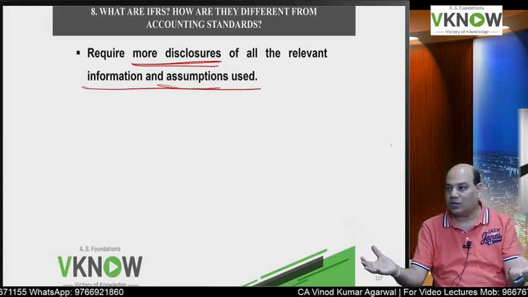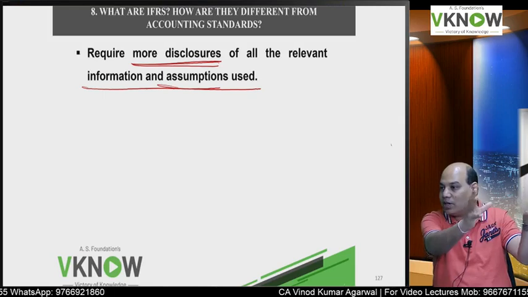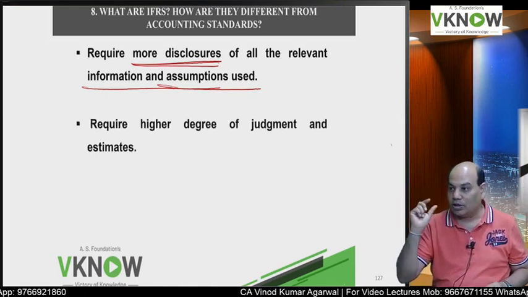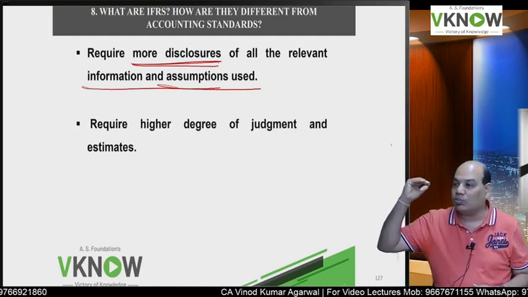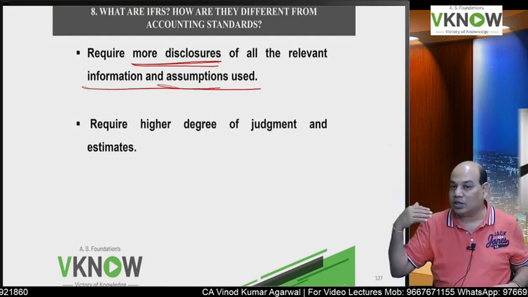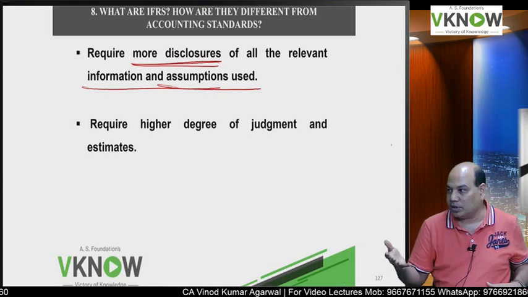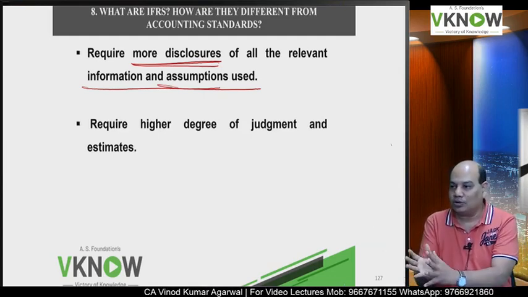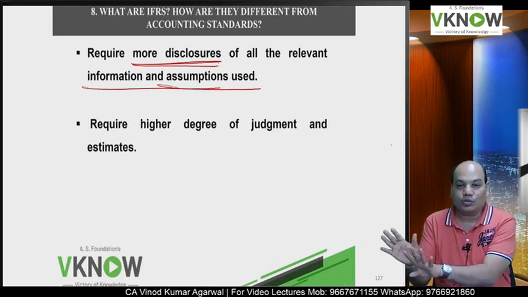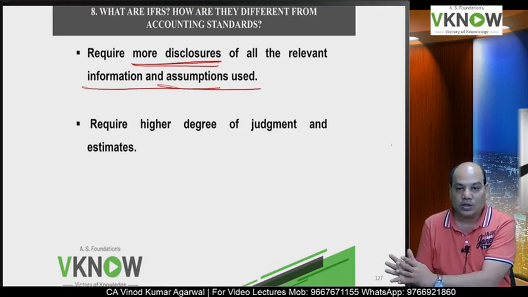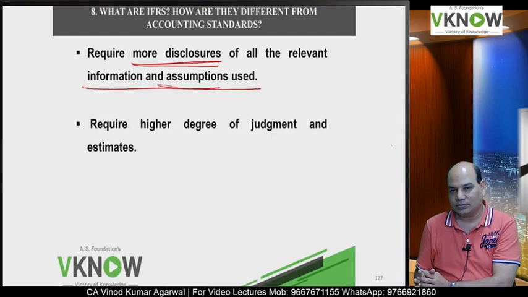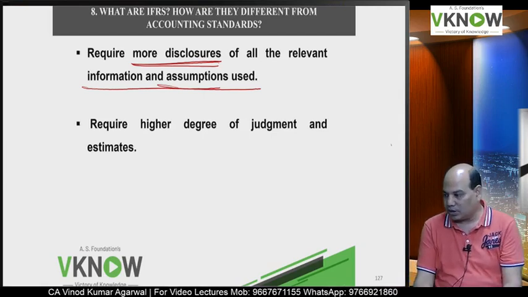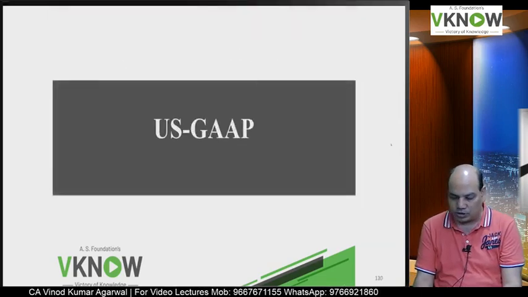Now the financial investor will have the same information which management has because of the extensive disclosure requirement, and because of that they can take a more informed decision. They can understand that there is something wrong in this company. They can understand that something bad is going to happen with this company by looking at the disclosures that they have made. Is it right? More and more role of judgment and estimates has increased because a lot of provision requirement is to be done.